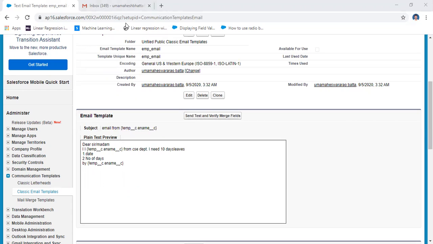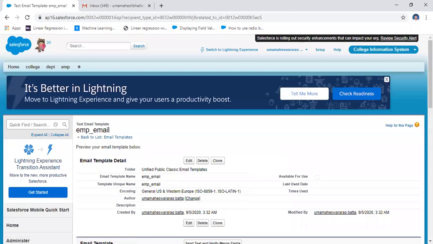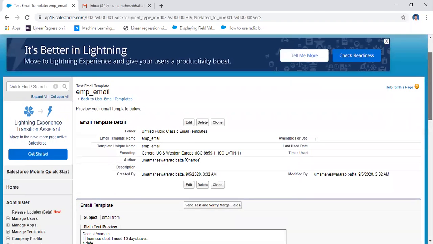You may select this person. Send email preview to this person, Mahesh Bhatta at gmail.com. That means I am sending some information, the verification information, whether it is reached or not.